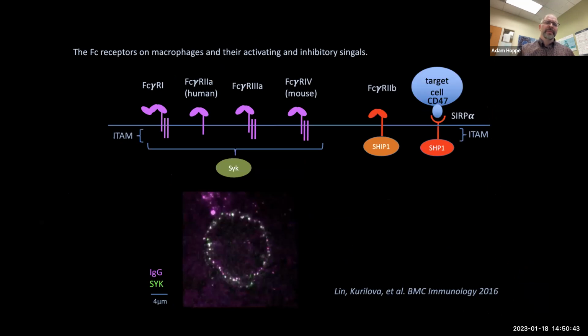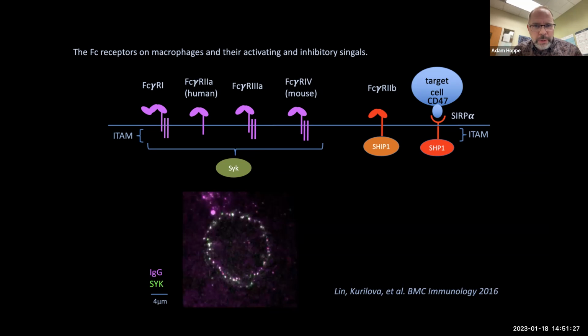more about that now. So the macrophage can perceive antibody on targets through activating Fc receptors, which I've shown some here. I'm not going to get into too much of the specifics of these, other than there are very high affinity receptors for certain subclasses of IgG, and varying affinities, I should say; the affinities of these vary depending on the subclasses of IgG. All of them can signal through spleen tyrosine kinase, Syk. So phosphorylation of these receptors activates that kinase, and it is recruited to these receptors. So the recruitment of Syk kinase to the Fc receptor is an indicator of its activity.